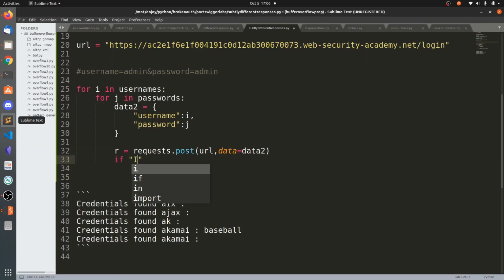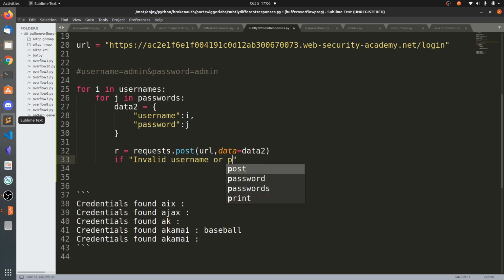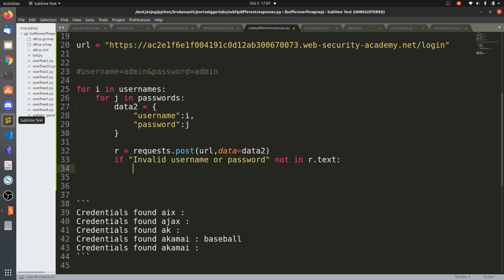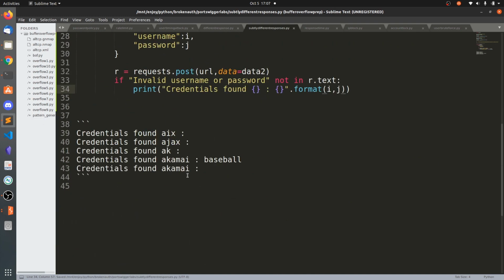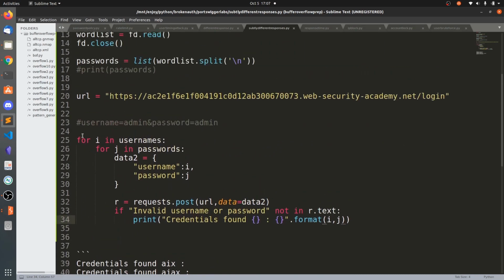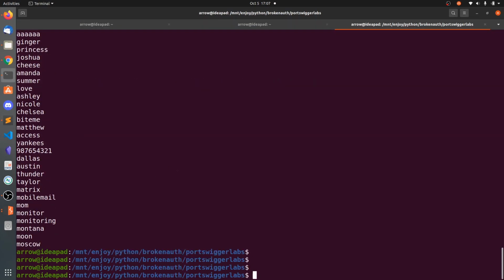If "invalid username or password" not in the response text, then print "credentials found" dot format of i comma j. So I think this took me forever the first time I ran this script.